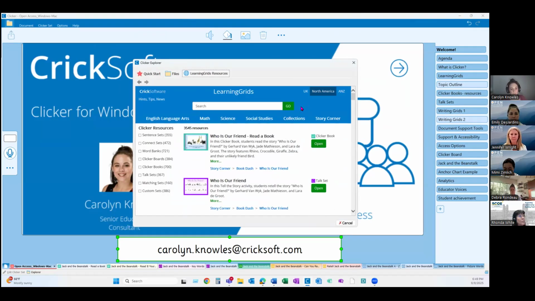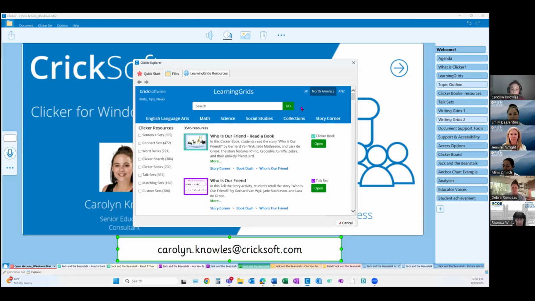Correct. Next week, when we look at the apps, it looks slightly different on the iPad and the Chromebook, but it's the same library. You have the same access. And that's what I was saying about devices. If everyone's using Chromebooks, then you'd be using the Chromebooks for the trial. If students are using Chromebooks and staff have MacBooks, you can choose to use both. The trial has access to everything, so you can download what you need. Can that go into a Google Classroom? Activities can be shared through Google Classroom, yes.